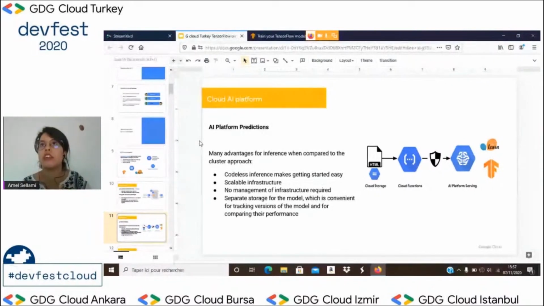Typically, when you do machine learning, as we said before, you want to try different architectures. These depend on different things, hyperparameter tuning and all the things that we use in machine learning. That's one of the reasons to use AI Platform: to try two different models and compare them. AI Platform predictions make it easier for you to do this kind of versioning of the models and comparison between them.